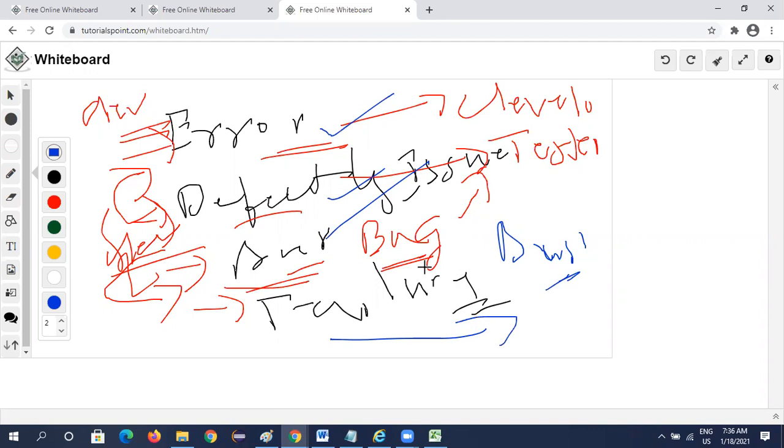Then we find something not working when we do a certain activity or action. That issue found in the live or production environment is called a failure. So when an issue is found in the production environment or live environment, it is called a failure.